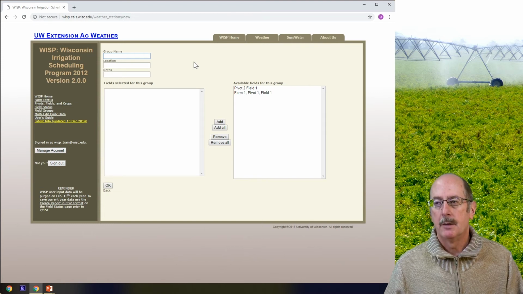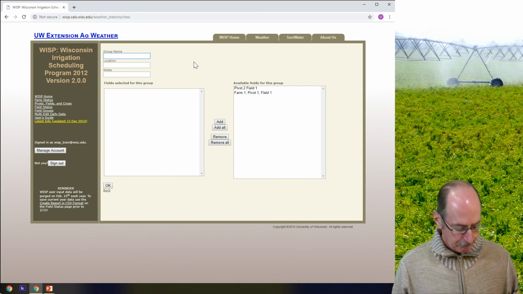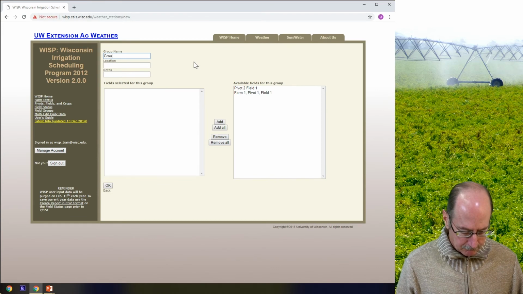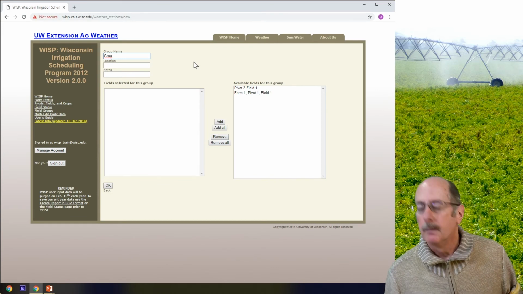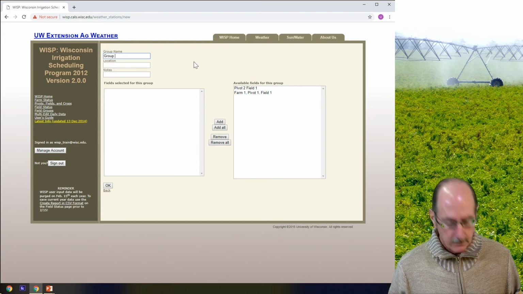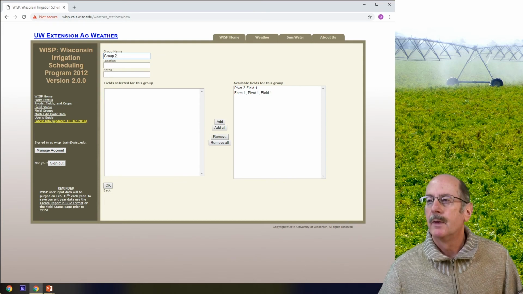But the model needs to know which fields you want to add that information to. So the first thing it's going to ask you for is a group name. So we're going to call this one group number 2.